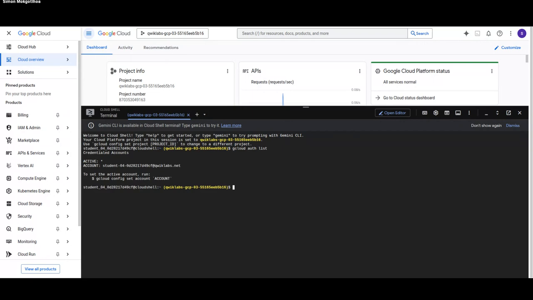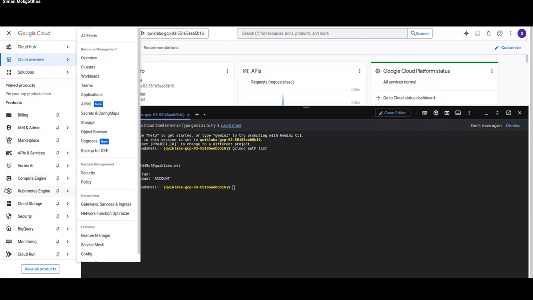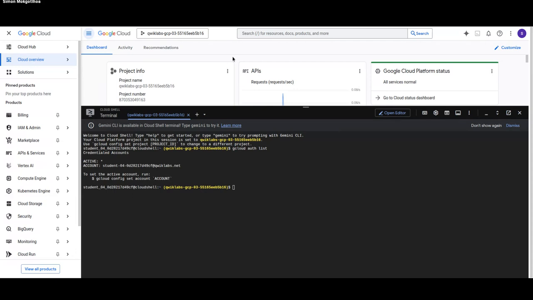As you can see, I'm logged in with the student account, which is the one we'll be using throughout this lab, right? So a brief overview of what this lab is. In this lab, we'll be creating a virtual machine with the Cloud Console, and then we will create a VM using the gcloud command. So now on GCP, whenever you use the terminal, most of your commands will start off with gcloud.